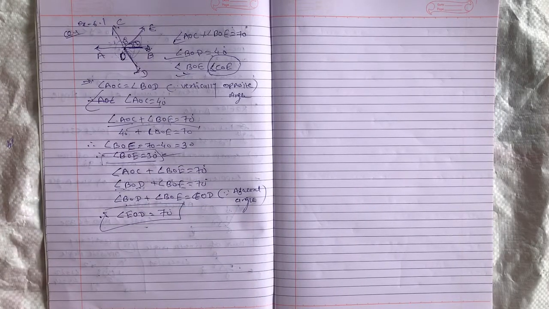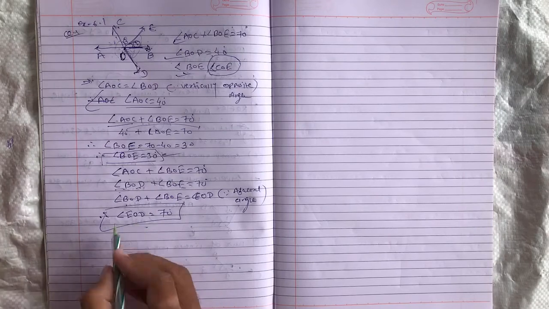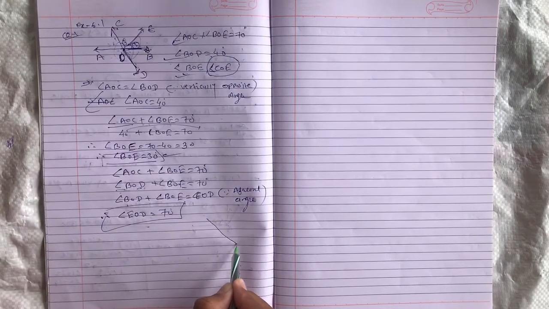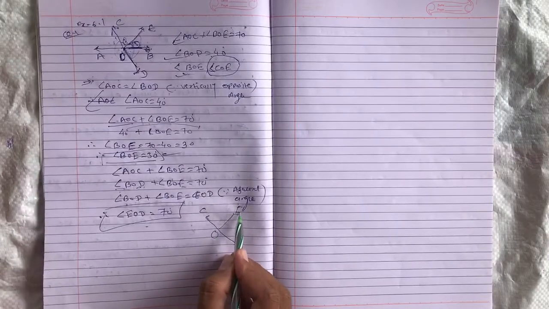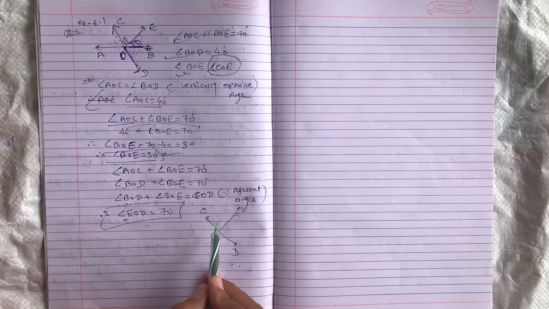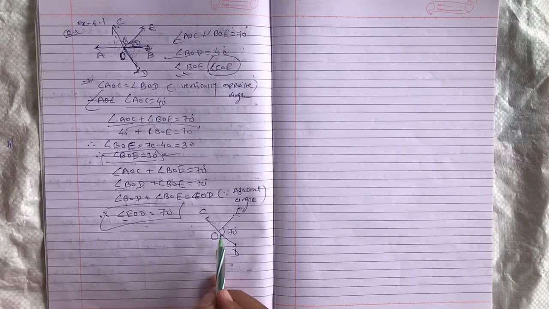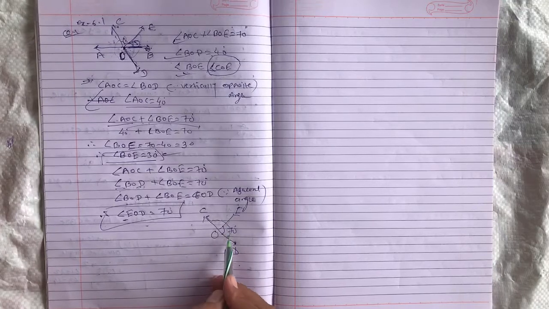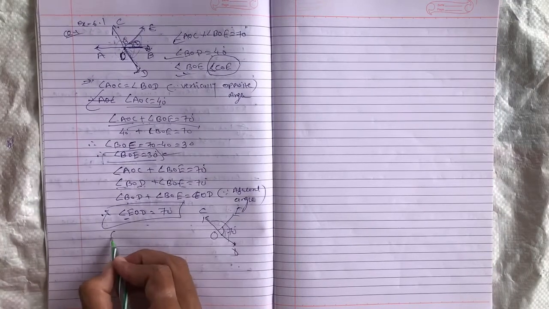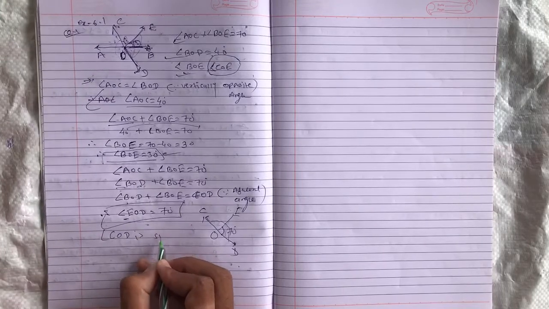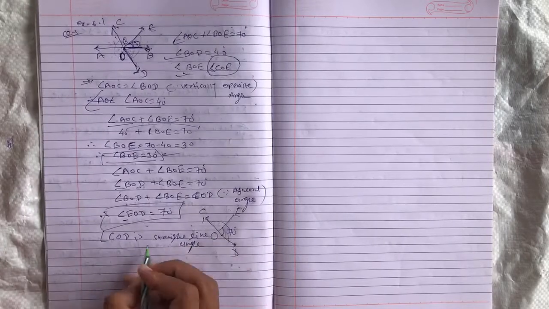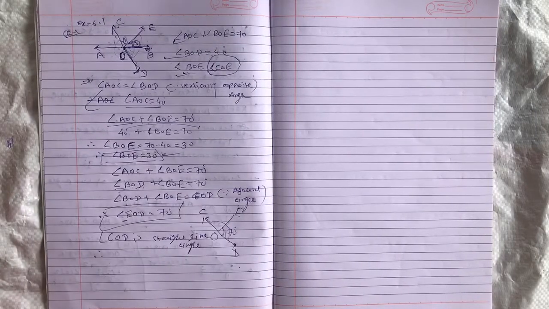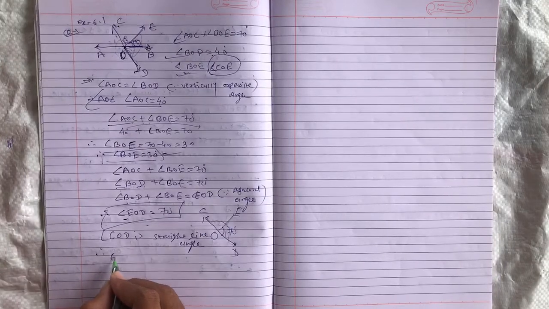Now this calculation is for the second part. The second part is the reflex of COE. Here we can draw the figure also. Now COED. Here we can find EOD, which means the whole angle is equal to 70 degrees. So which angle is created here? A straight line angle. COD is a straight line angle. Straight line angle means what? The addition of these two parts is 180. Adjacent angles, which adjacent angles?